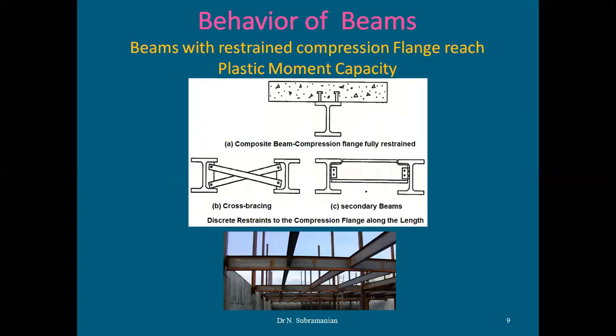So can you tell me what kind of beam it is? So this is called, what is this? Laterally supported beam. I already discussed this in your class. When a beam is supported laterally, we call it a laterally supported beam. When the beam is not supported laterally, we call it a laterally unsupported beam.